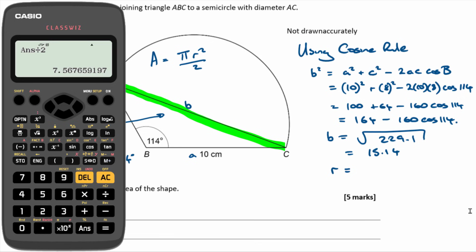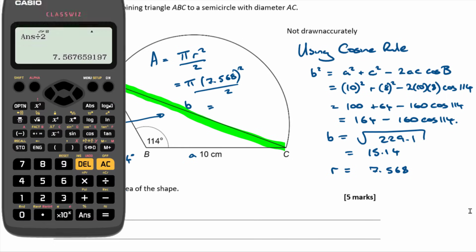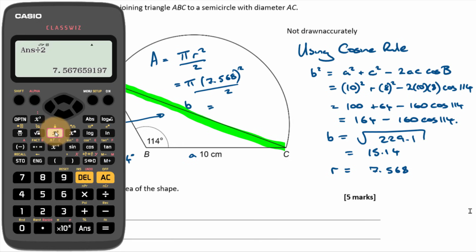So that's 7.568. Okay, and now we can find the area of the semicircle, can't we? So the area of the semicircle is going to be pi lots of 7.568 squared over 2, which is equal to, so that thing squared divided by 2 and times by pi. I make that